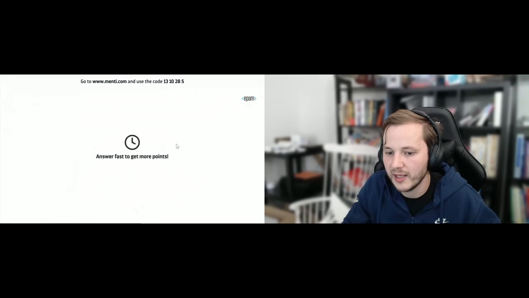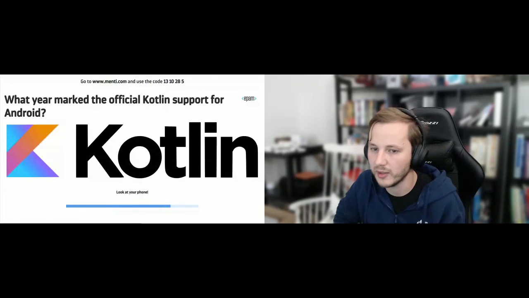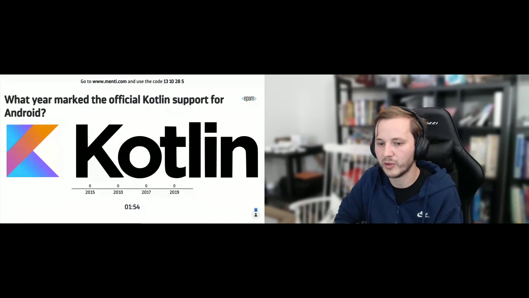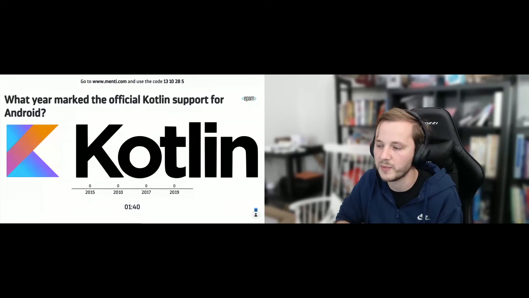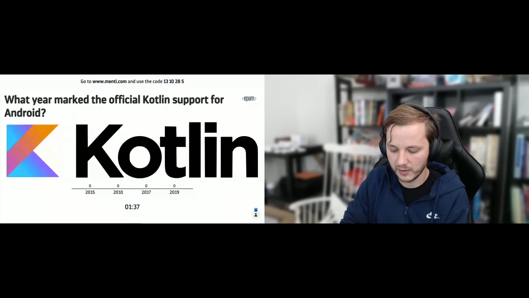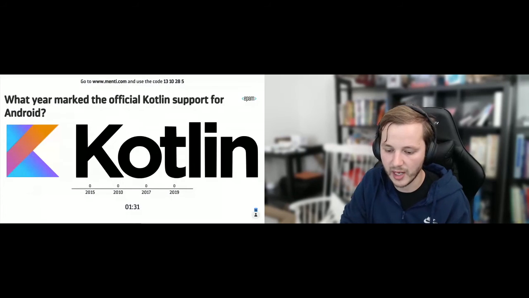And the next question that I have here is, what year marked the official Kotlin support for Android? It is also more of a tech question. So before that, all the apps were written in Java. We are not talking about native components like accessing hardware or GPU levels. That's C++. But later on, Google decided that having this language will help Android development to be more up to date, because updating Java to the latest version and having a lot of